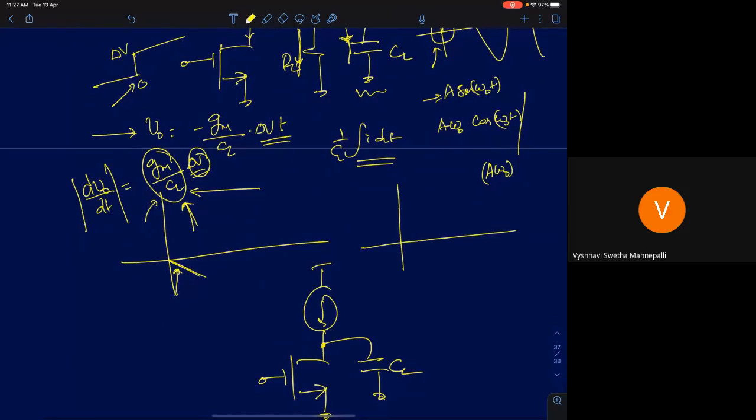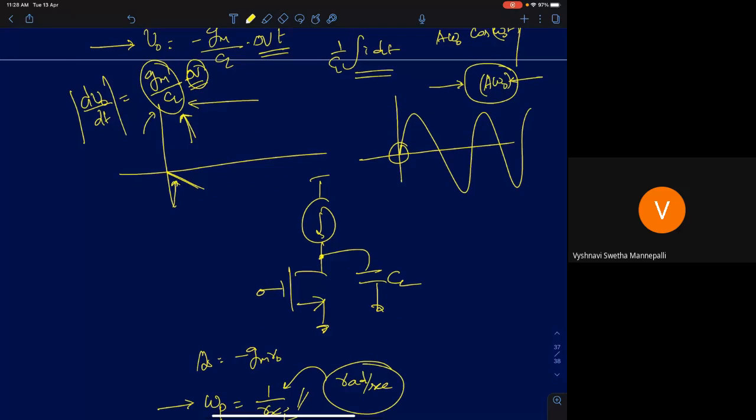So the speed with which your sine wave is rising at the origin is an indication of two things. One, it tells you the amplitude of the sine wave, and the second thing, it tells you the frequency of the sine wave. If the frequency of the sine wave is very high, then the slope will also keep increasing.